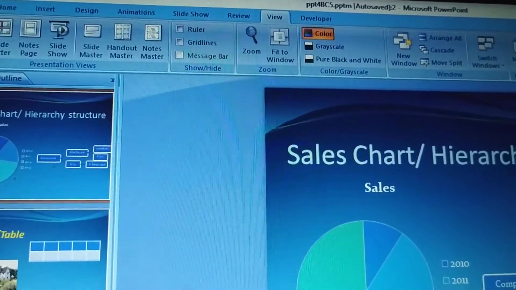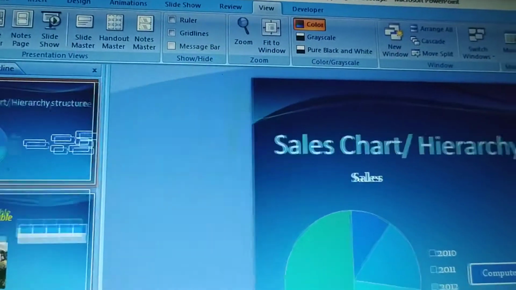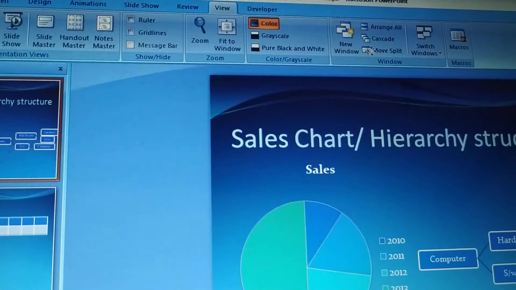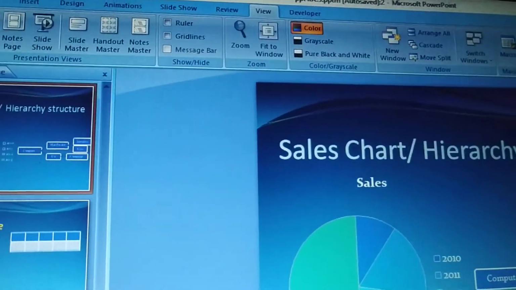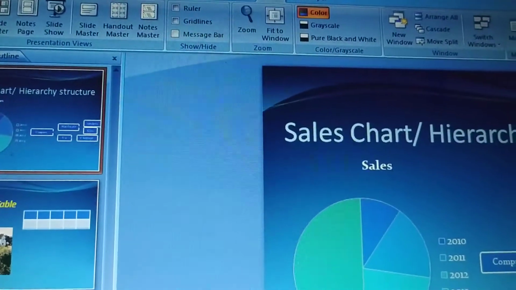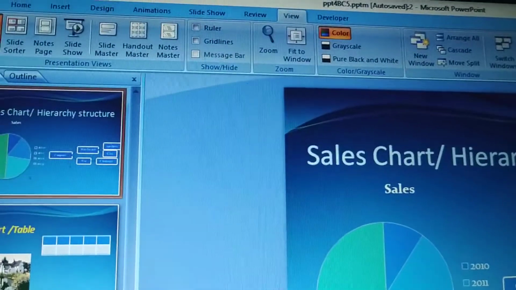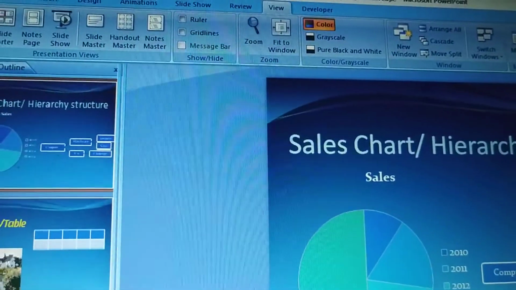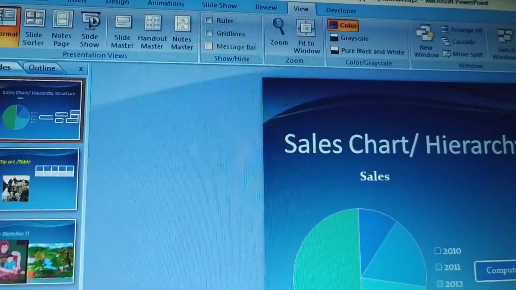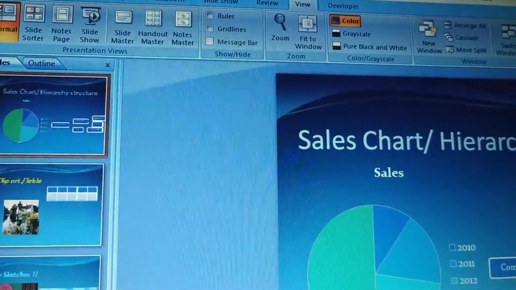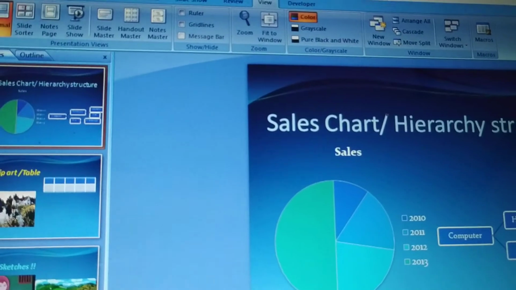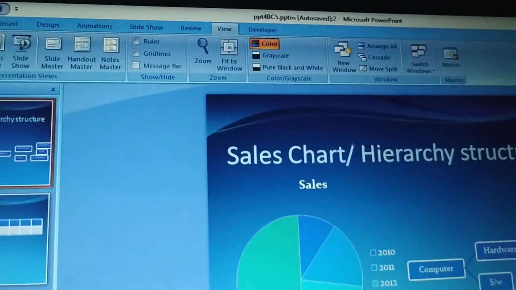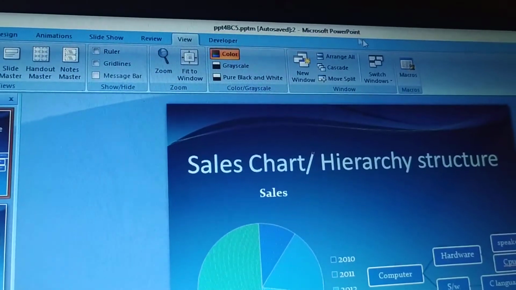So whatever you are adjusting through the arrow keys by using this option, okay, like this I have done, and then press the Enter key. In whatever way you have used the Move Split option, like this, or with the forward arrow key like this, or the backward arrow key like this, you can use the arrow keys. And then I want something like this, and then you have to press the Enter key. Okay, so you can do it like this.